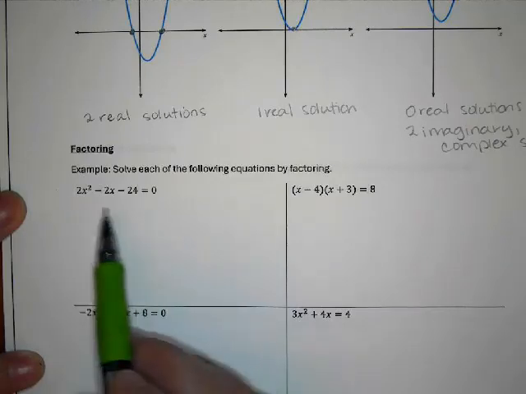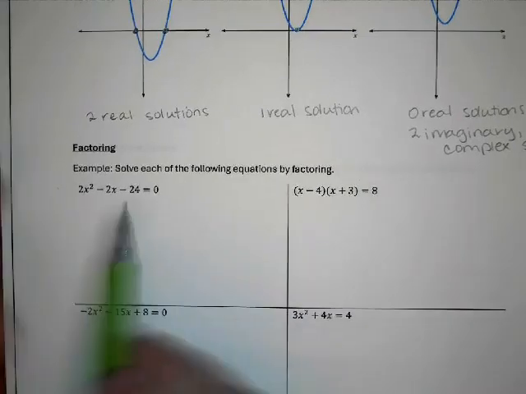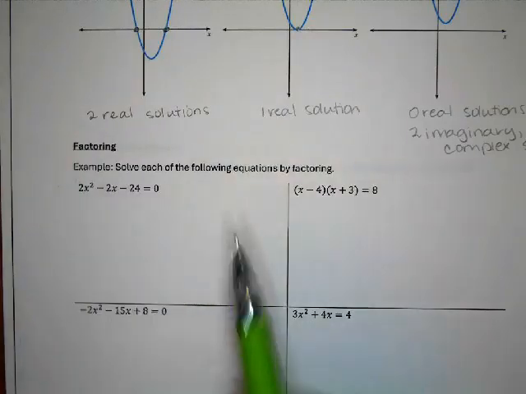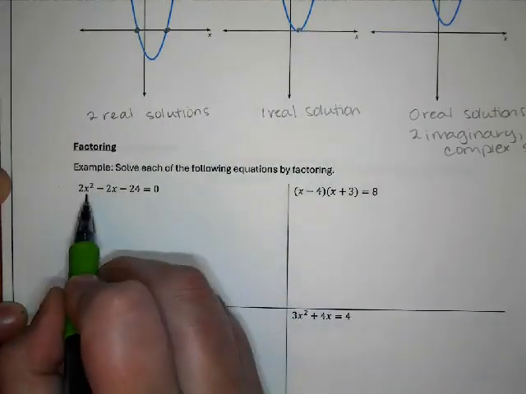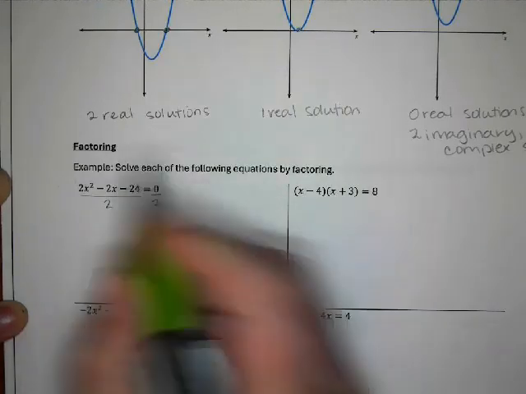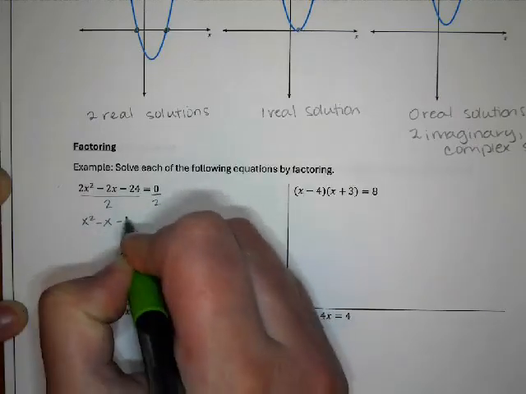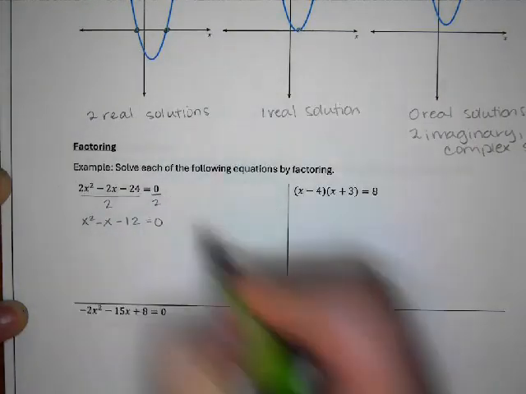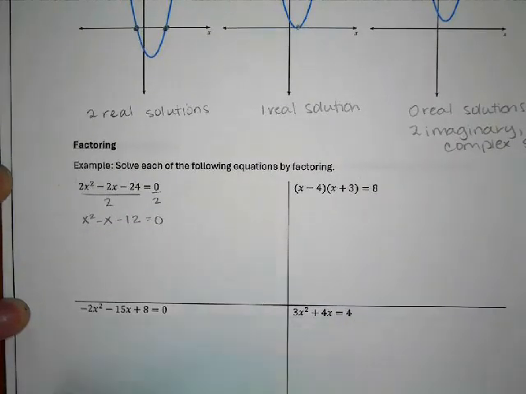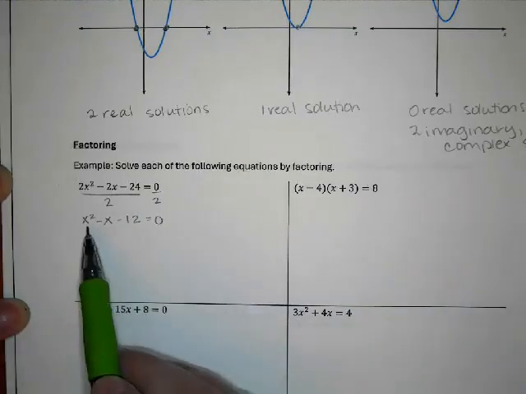When I look at this equation, I can see that each of these has a factor of 2 that I could pull out. When you're solving an equation, you could factor it out like a GCF, if that sounds familiar. Or, since we're going to solve for x, we could just take the whole thing and divide by 2. You can't do that if what the equation has in common is a variable, but you can do that if what the equation has in common for each term is a number. So I divided by 2, divided by 2, divided by 2, and I got x squared minus x